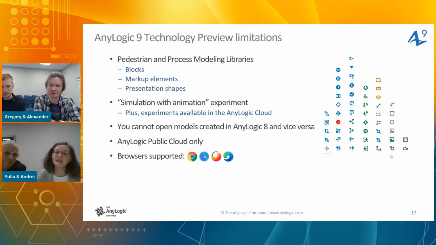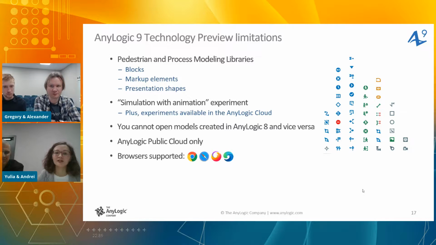An important thing here is that we don't provide backward and forward compatibility with AnyLogic 8, so we cannot currently open a model created in AnyLogic 8 in AnyLogic 9.